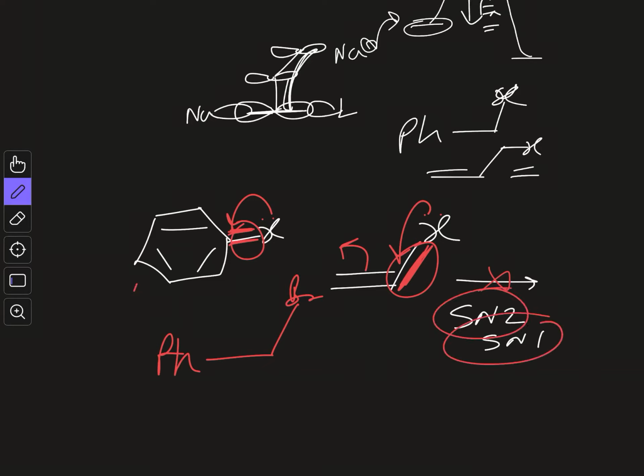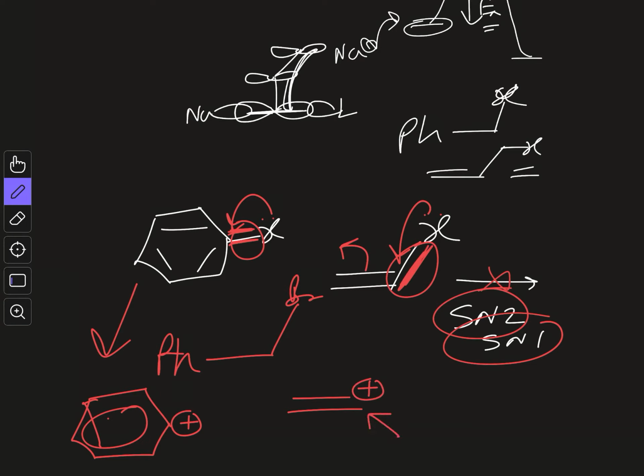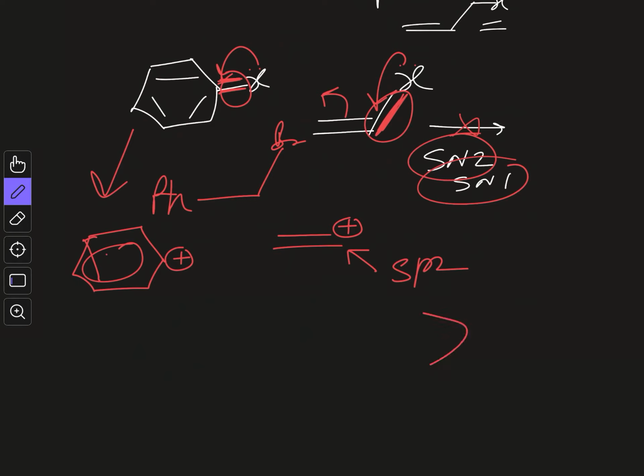Now in case of SN1, if you form a carbocation like this, it doesn't have any kind of stability. Similarly, if you form a carbocation here, it will not have any stability, and in fact it is destabilized because this center is sp2 hybridized. Normally with a carbocation, the positive charge is in the p orbital, and in this case you have the positive charge on the sp2 lobe. This sp2 lobe has high s character, and that means the carbocation is destabilized. In this case also it is in the sp2 lobe, so that's why it is bad in SN1 reaction.